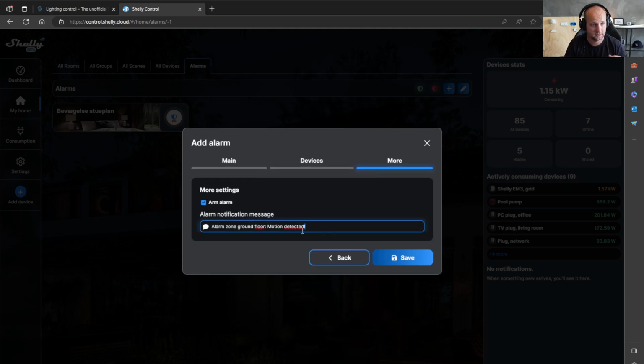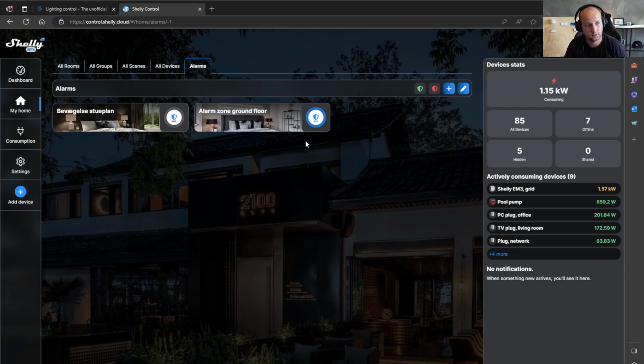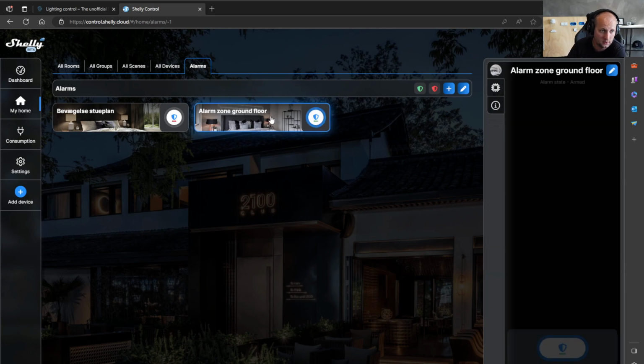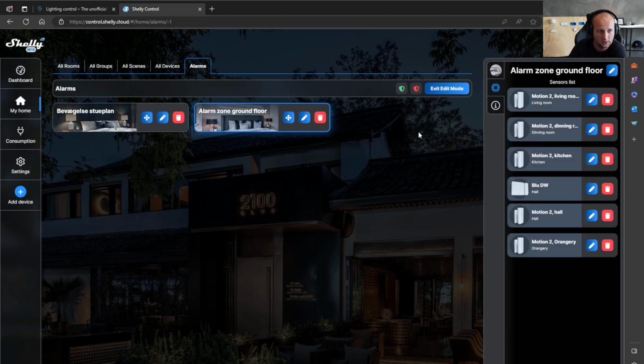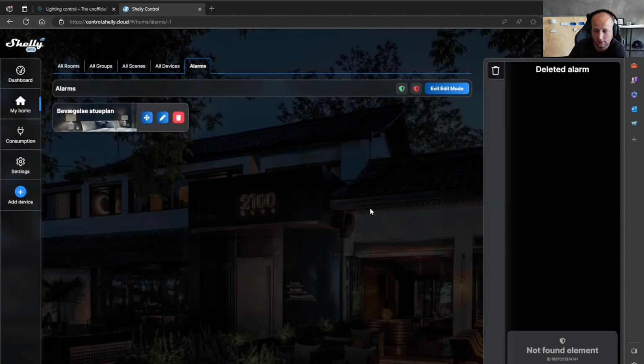And then I can specify which message I want to receive on my phone if the alarm is activated. I think this is good. And now I can disarm it just by pressing this one and see here the status of all of the rooms. If there's motion, if there's no motion, if the door is open or closed in this alarm zone. So it's actually quite easy to do. Let me delete this alarm zone again. Good.